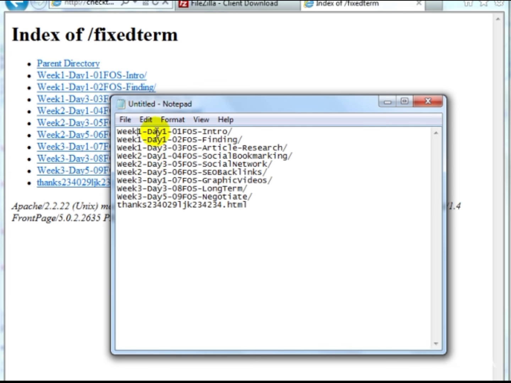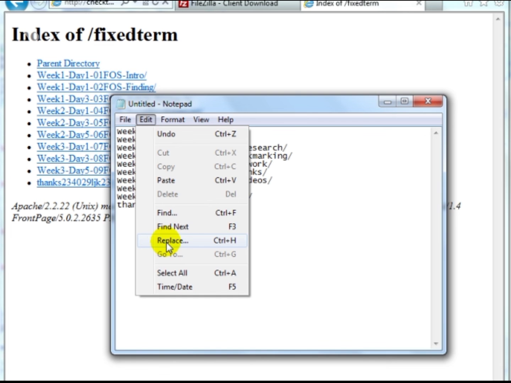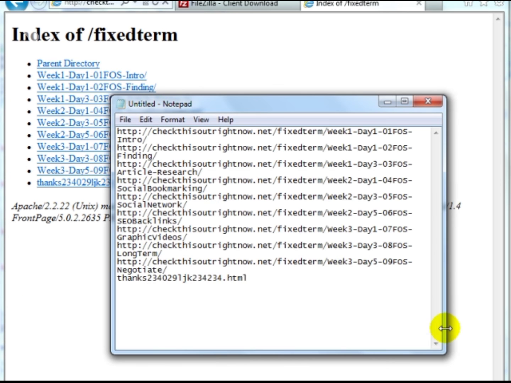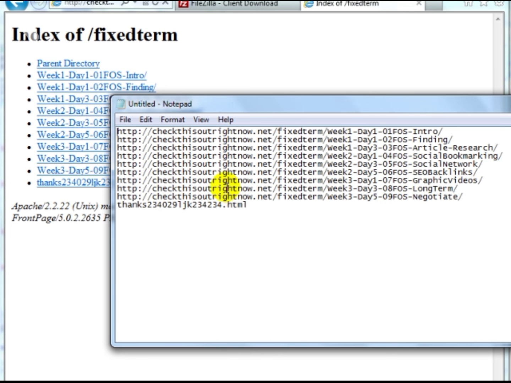So what I can do up here is to go to replace week with this URL, and then I put week in here. So whatever you grab here that's similar to everything else, add it here. And then click on replace all. And as you can see here, I have the URLs for all of these links, except for this link, which I can do that. And then we have the index.html file, which I'm going to go ahead and upload